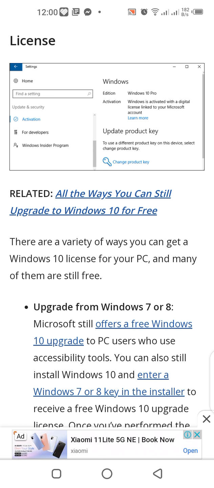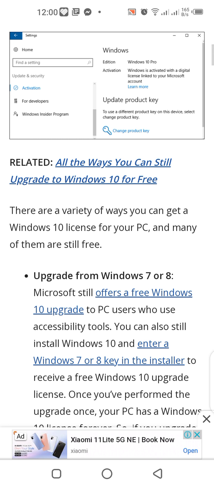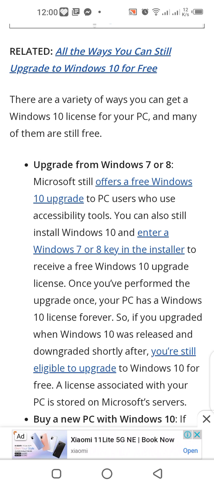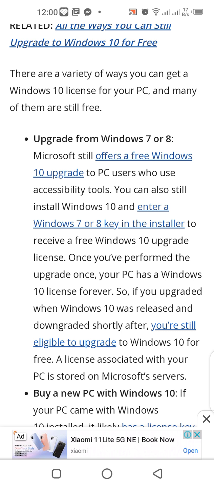All the ways you can still upgrade to Windows 10 for free. There are a variety of ways you can get a Windows 10 license for your PC, and many of them are still free. Upgrade from Windows 7 or 8. Microsoft still offers a free Windows 10 upgrade to PC users who use accessibility tools. You can also still install Windows 10 and enter a Windows 7 or 8 key in the installer to receive a free Windows 10 upgrade